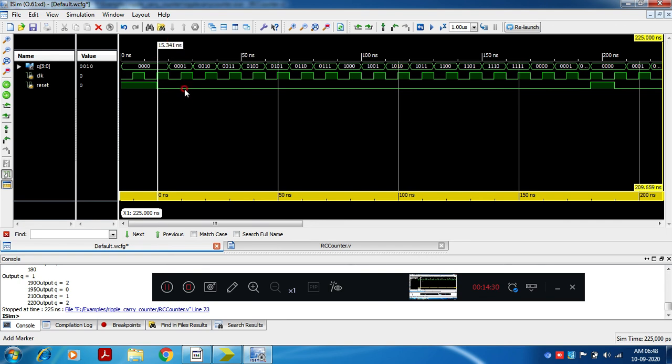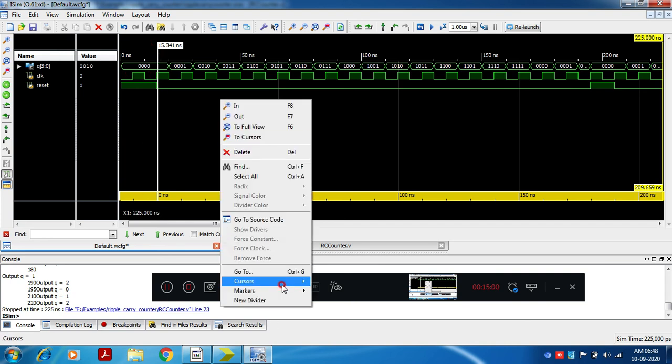Now here the time taken is 15 nanosecond. That 15 time units means 15 nanosecond in this example. Starting from 0, till 15 time units the initial value of reset is 1. Now reset value will become 0. Clock is toggling. You can observe the initial value is 0, then it will become 1, and the value changes every 5 time units. One more marker we can add and measure.